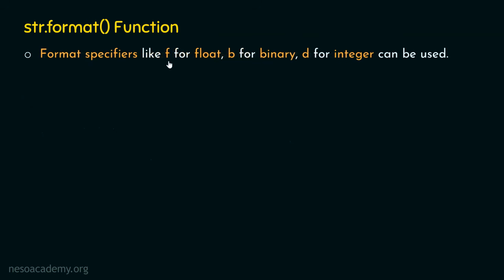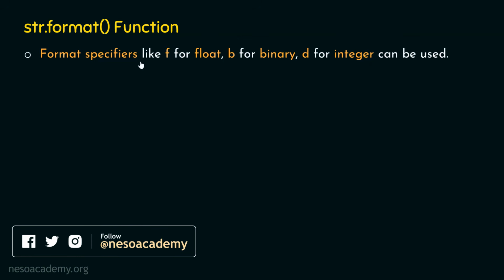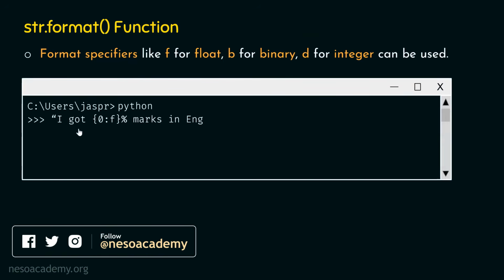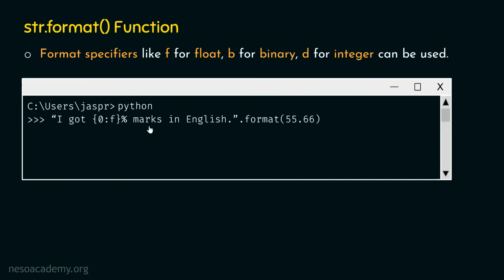Format specifiers like f for float, b for binary, d for integer can be used. So we can use f for float, b for binary, d for integer, and these are the common ones. So we are allowed to use format specifiers with str.format. For example, let's type I got within these curly brackets 0:f. After this curly bracket, percentage marks in English. And after this closing quote, we need to type .format. And to this .format, we need to pass